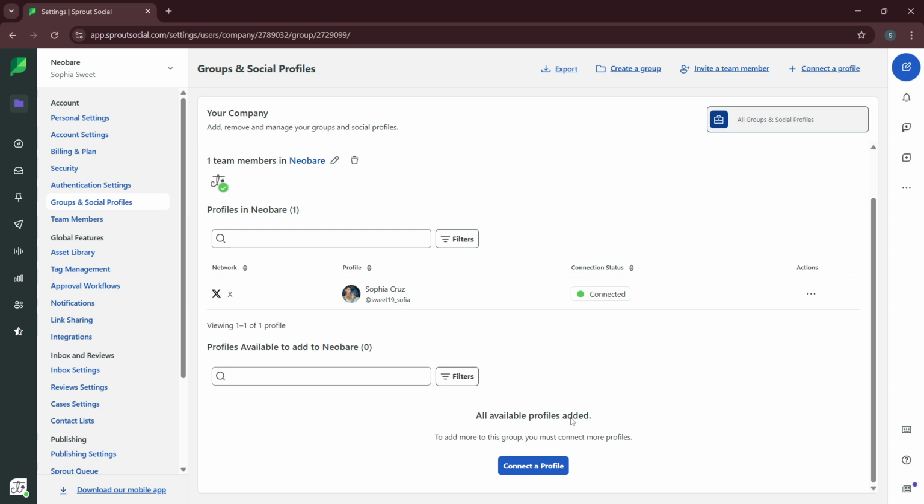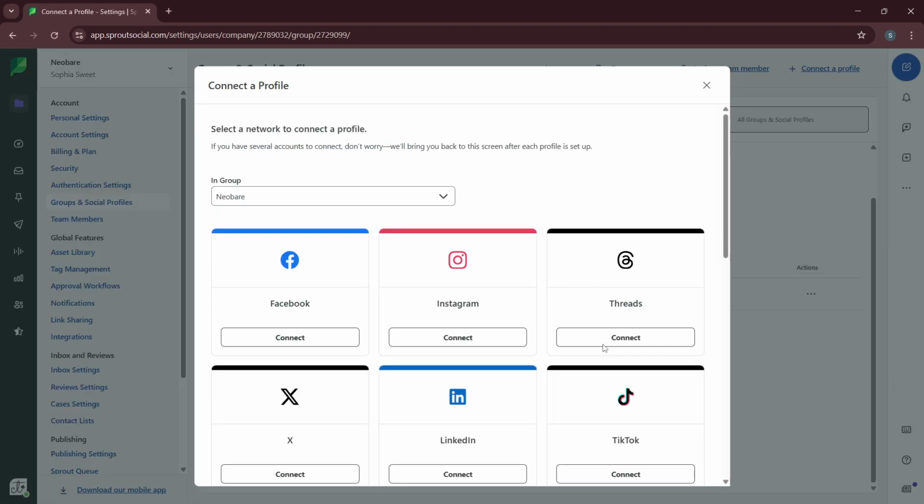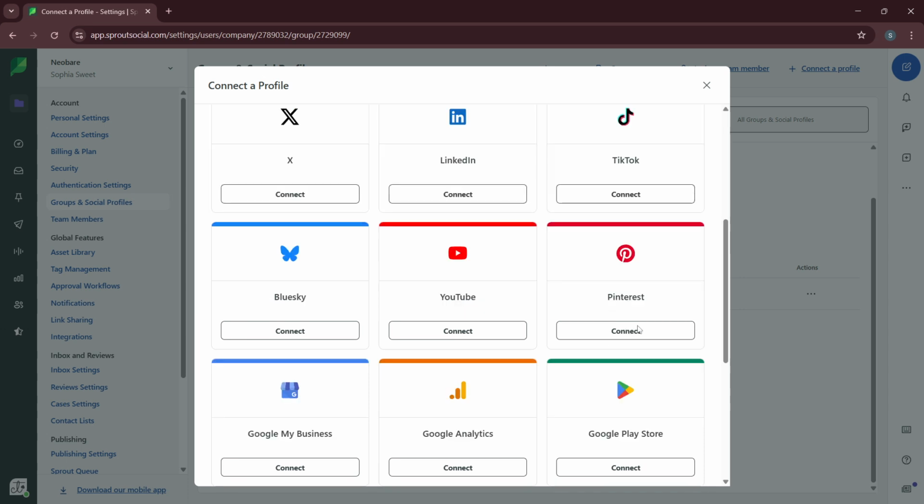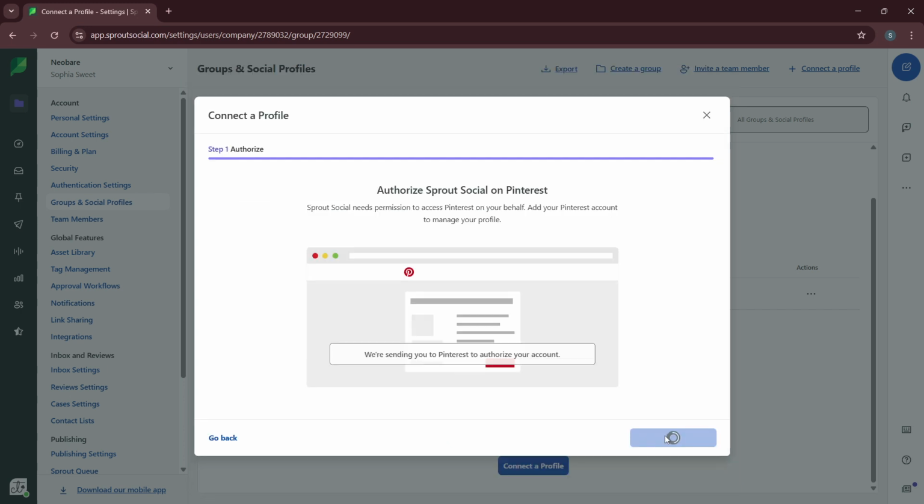Groups in Sprout are like containers that determine who on your team can access certain profiles and what they can do with them. Pick the group that aligns with the team or brand managing this profile to keep your workspace organized and permissions clean. Now, find the social network you want to connect: Facebook, Instagram, LinkedIn, and others, and click